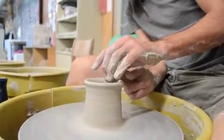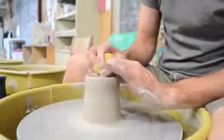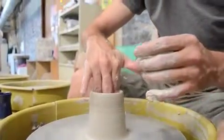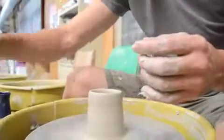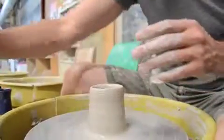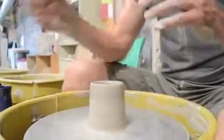And notice that the inside finger does come out first, followed by the outside finger trailing up the back. Okay, take care of the rim. And if there's water that accumulates in the bottom of your pot, you do want to constantly take the water out. Even though you're constantly putting water on the pot and it's gathering in there, you don't want to leave it down there,